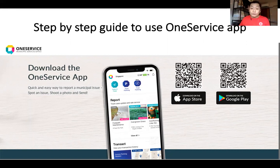Depending on what phone you use, if you are using an Apple phone, you can scan the QR code on the left of the screen, or if you are using a phone that uses the Google Play Store, you can scan the QR code on the right. When you scan the QR code, it will bring you directly to the respective app stores to download the OneService app. If you do not have the QR code scanning function, you can open up the App Store